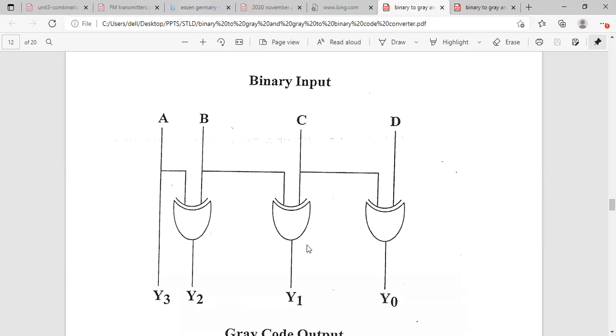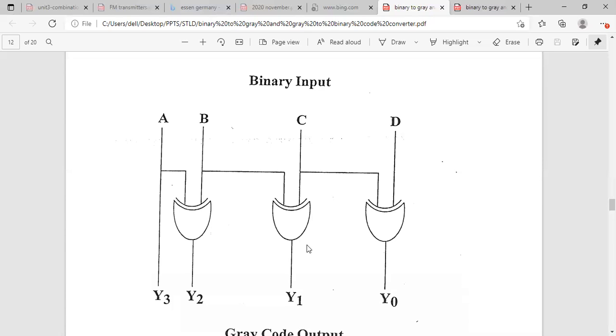So if you want to design a code converter or any other combinational circuit, from the problem statement you have to identify the number of input variables and number of output variables. That is the first step. In the second step you assign letter symbols to those input and output variables.